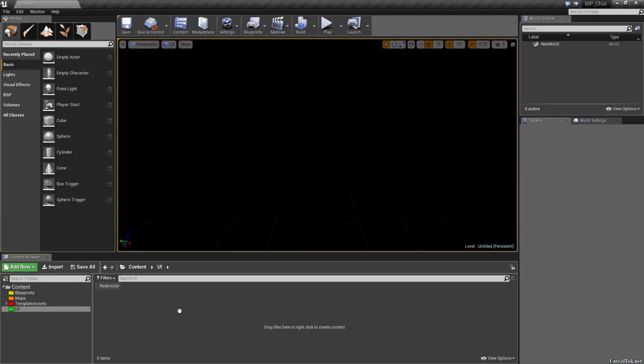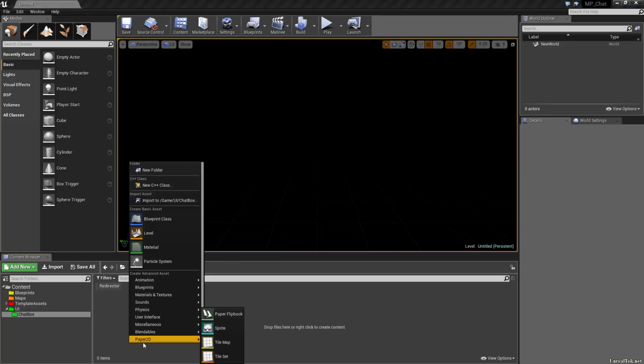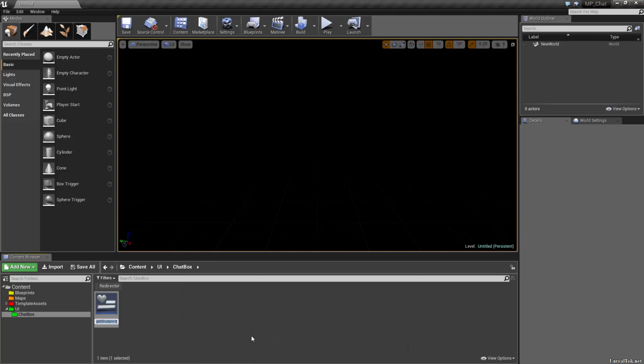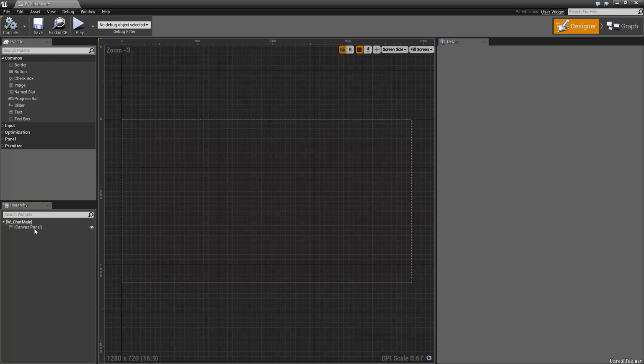Let's get the widget design out of the way first in our UI folder. So let's create a new folder called Chatbox, and I'm going to set this to green. And let's right click, user interface, widget blueprint, and use the standard W underscore for widget blueprint prefix, and I'm going to call this chat main. Let's open this up. So in this, we're going to want to delete our canvas panel,